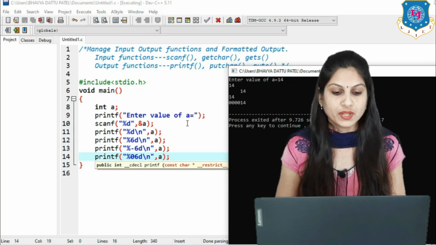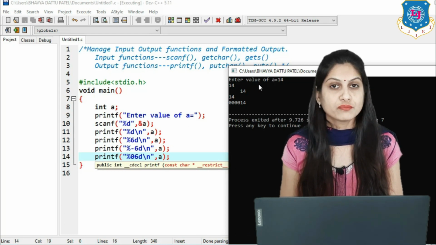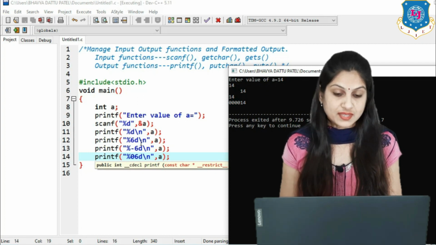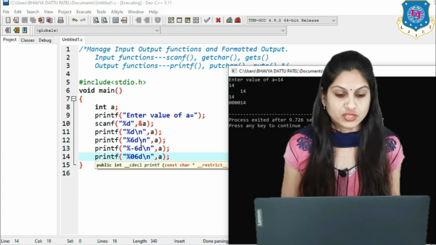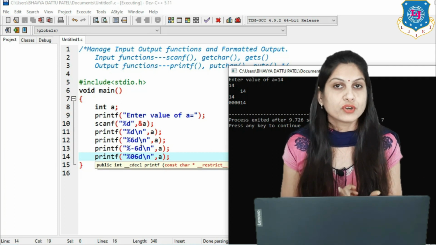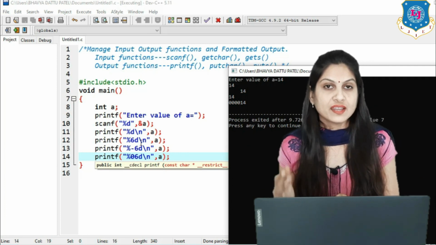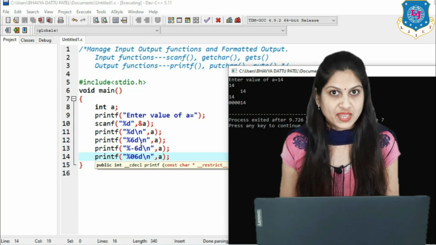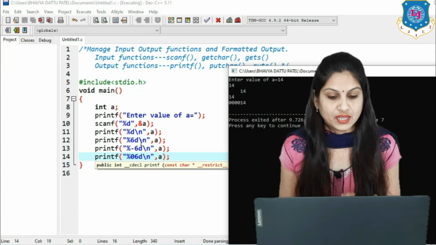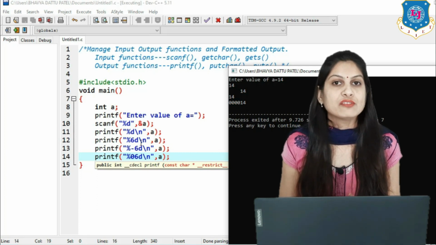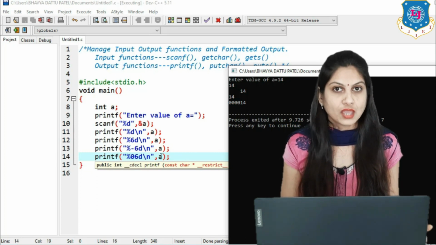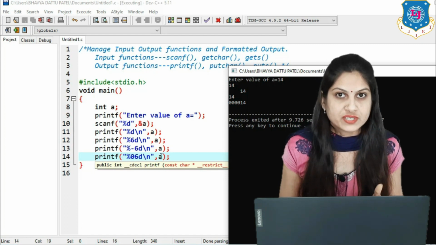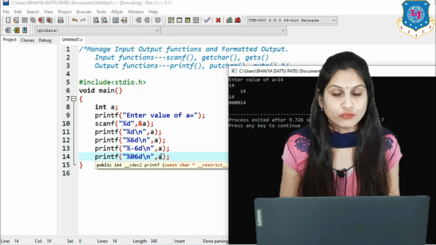The first is simple %d, which prints the value 14. Then for the statement %6d, what is the meaning? 6 blocks will be allocated for that value, and from the right hand side it puts the value. So you get 4 blank spaces and then the value 14 in the second output. Then when you write %-6d in the third printf, it starts with left justification and prints the 14.